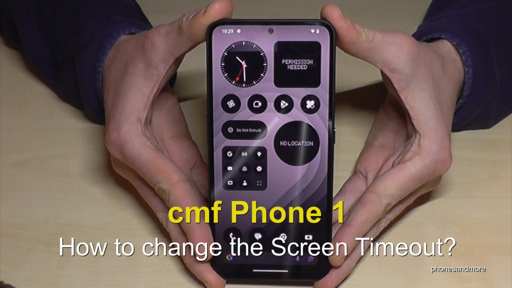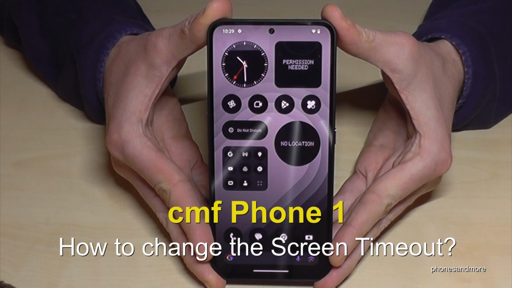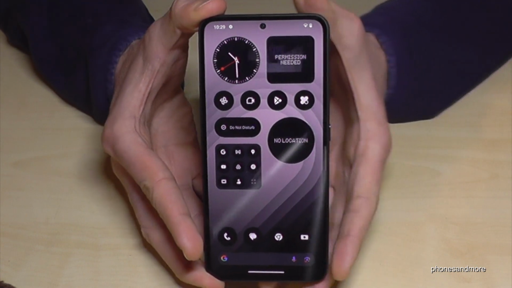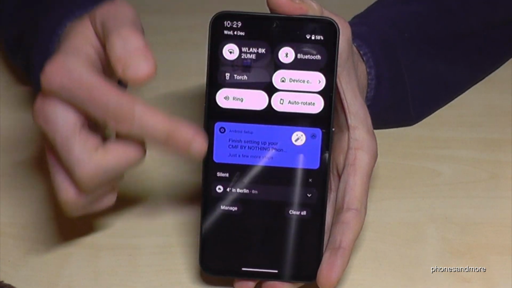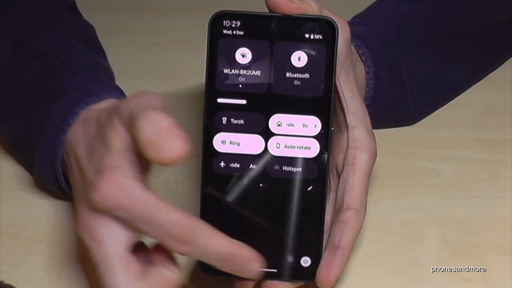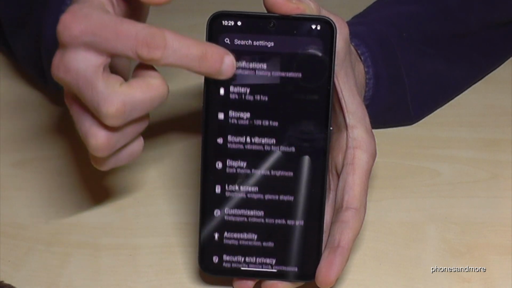Hello everybody, I want to show you with this video how you can extend the time to the screen timeout here at the CMF Phone 1. For that we will need the settings form. So just scroll down here, scroll down a second time, and then you have always here the symbol for the settings. Just tap on it. Now you need to go to the point display,